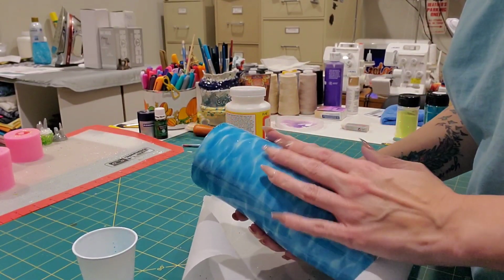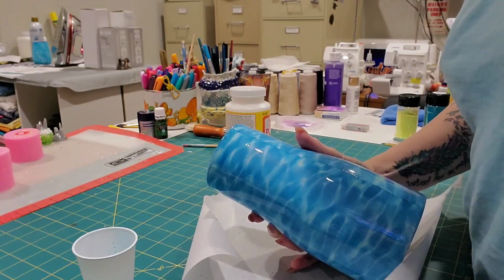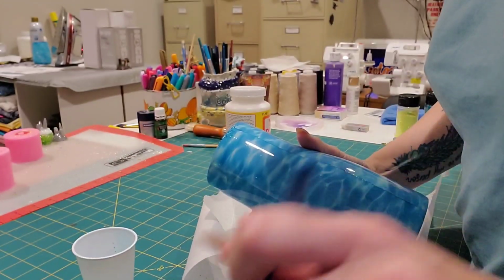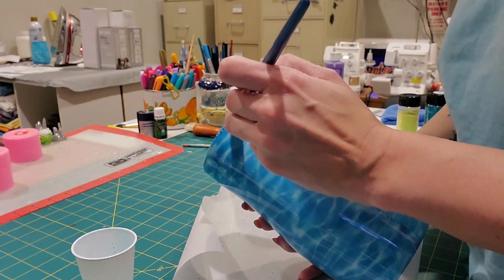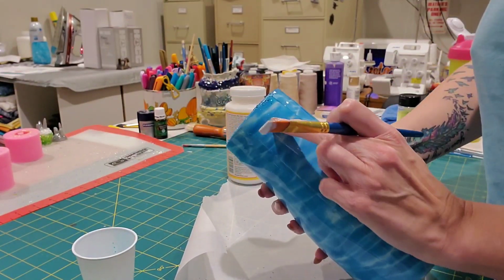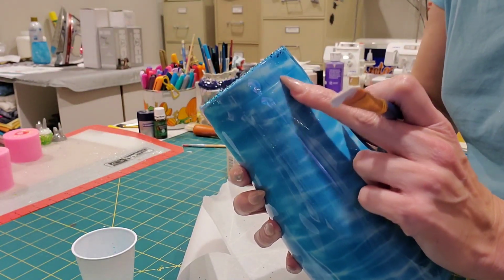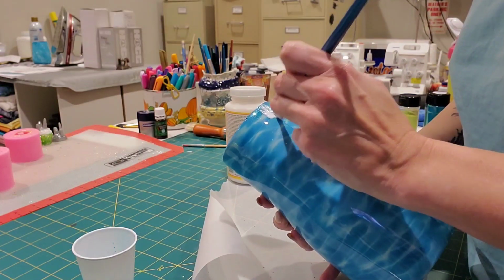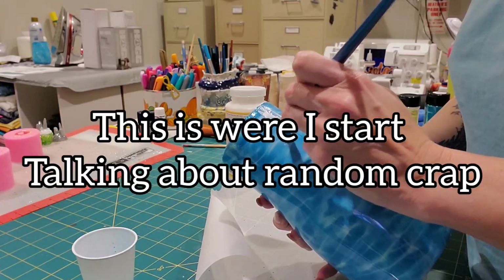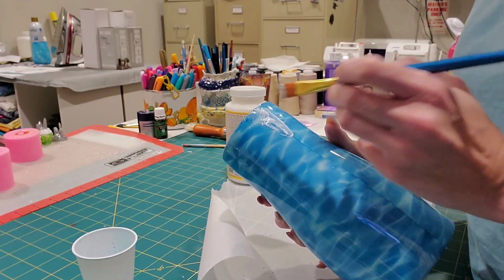I like to start at the seam and make this my longest little piece. So find my seam, and when I glitter these, I cover this little line here. I don't like that line, so I cover that with glitter. So I make sure I go past that. And I'm just going to take my Mod Podge and